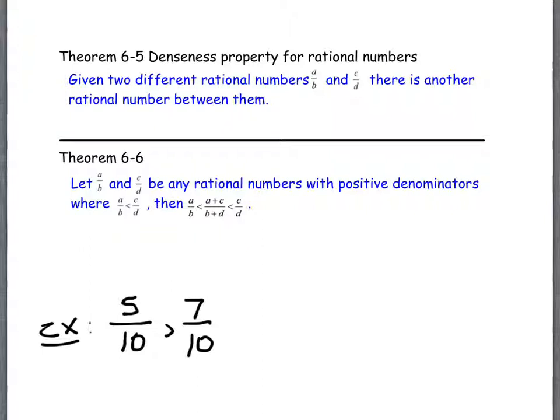But what if instead of giving you 5/10 and 7/10, I gave you 5/10 and 6/10? Well, technically 5.5 over 10 would work, but that wouldn't be in rational number form. And you know how you can get that easier? Well, yes, but you can use this theorem, and this theorem does exactly that. What this theorem says, and it wouldn't even matter if the denominators matched or not,